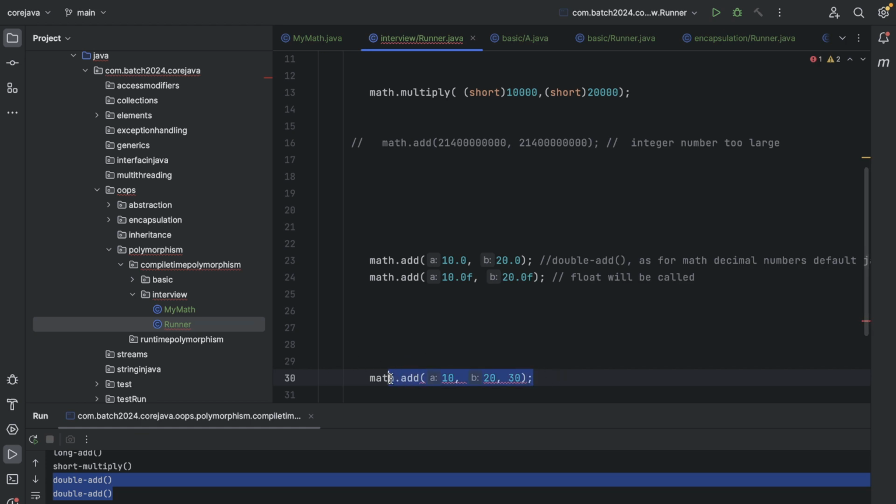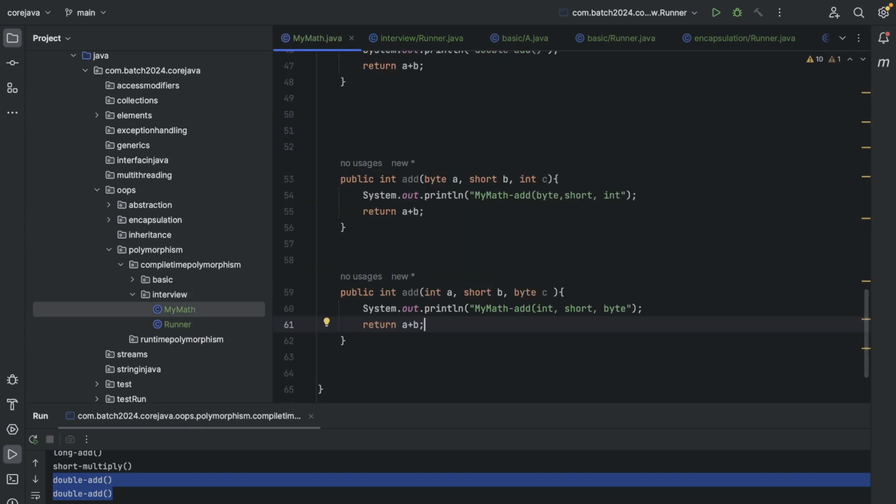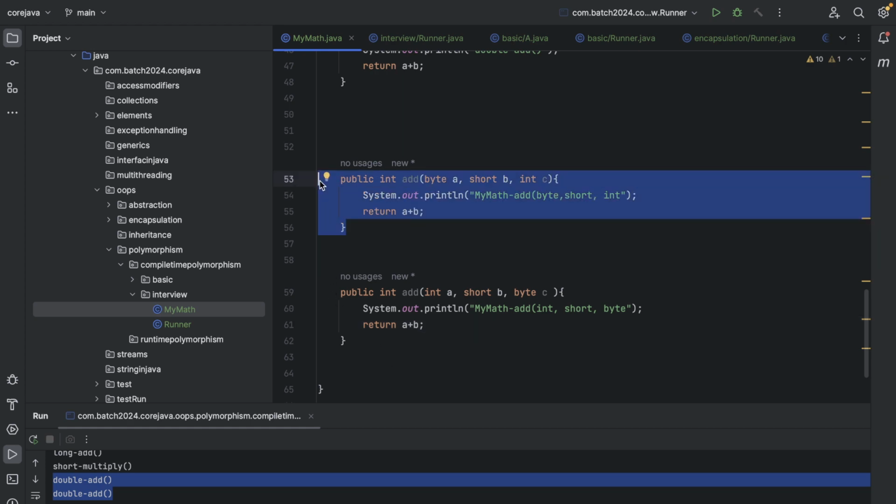oh, boom, which one will be called? Why? Which one to call? It will call byte short int. It will call byte short int. Why? Because